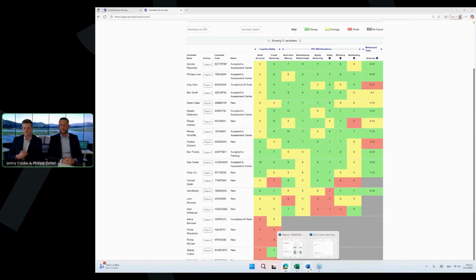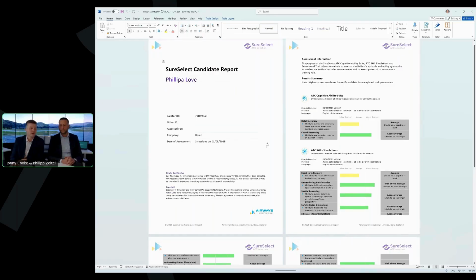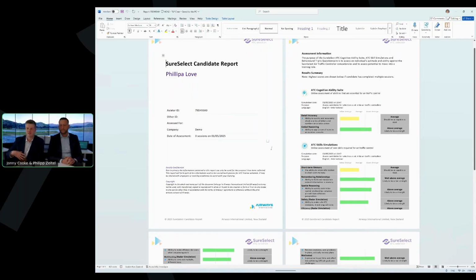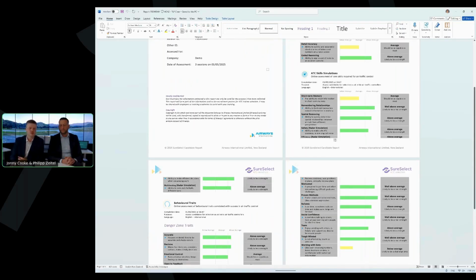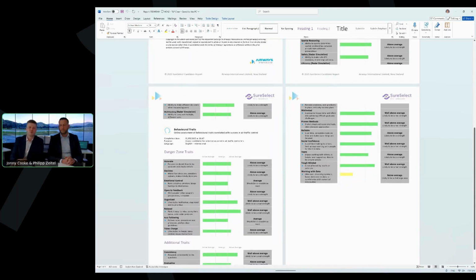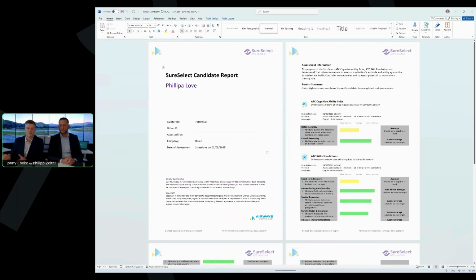The system can generate a report that we can modify if we need to, and it provides really clear information about why they did not succeed. This candidate's actually done fairly well in all of theirs, but again, it's data driven, it's scientific information, so it makes it really easy for us if we do get those challenging interactions and questions. We can send this report, and it provides all the information that the candidate needs to really understand what's happened in their testing.